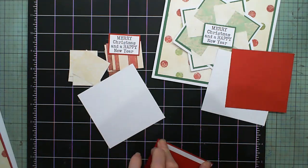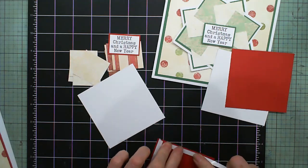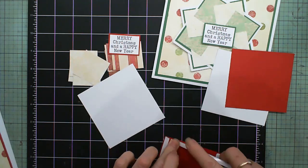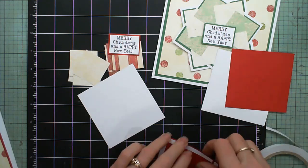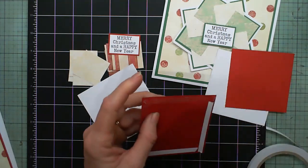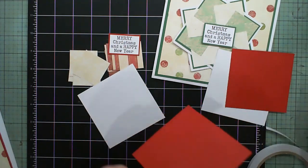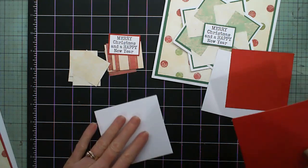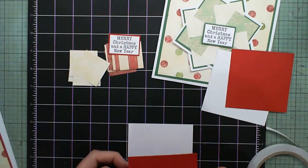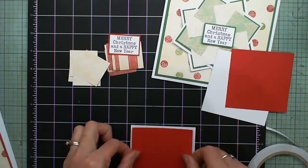Again, I'm just going to use double-sided tape. It's just my go-to and preference for these sort of things. I just use tape. It doesn't need anything in the middle. It's going to all be held together in the center with that brad. And when you're poking the hole into your pinwheel, you are going through 4 layers, so you do need to give it a little bit of